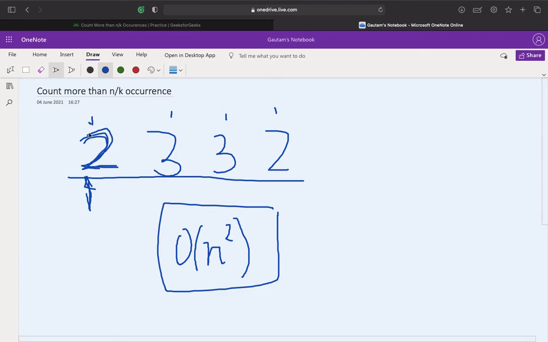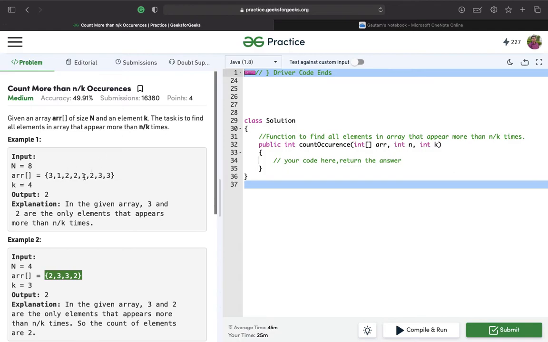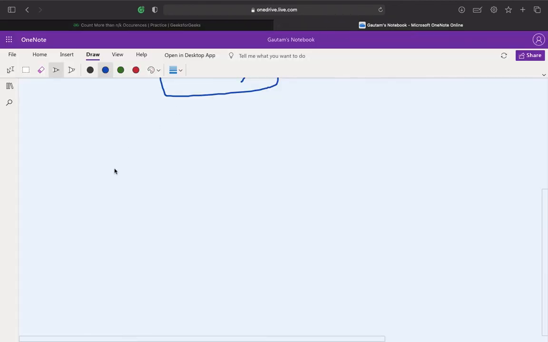So for example, let's make a map data structure for this array. It will contain 2 and 3 as keys, and the value of each key will be the actual count of that key. So 2 is present 2 times, so the value of this key will be 2. 3 is present 2 times, so it will be 2 again, right? So now let's take another example. Let's suppose 3 1 2 2 1 2 3 3. Let's take this example.